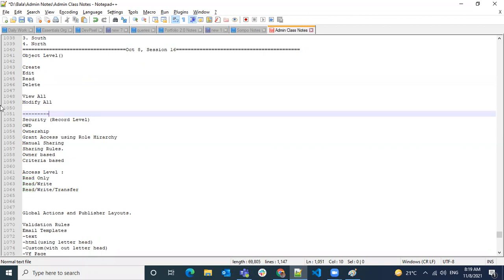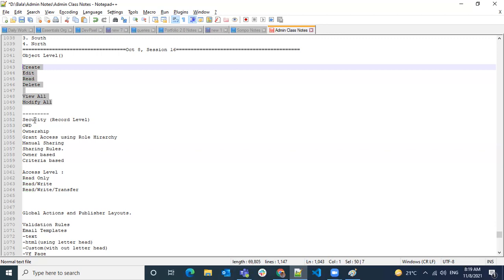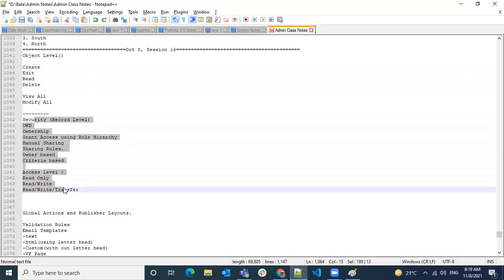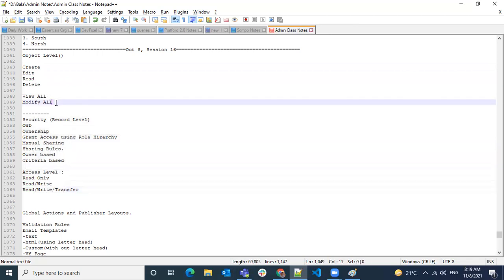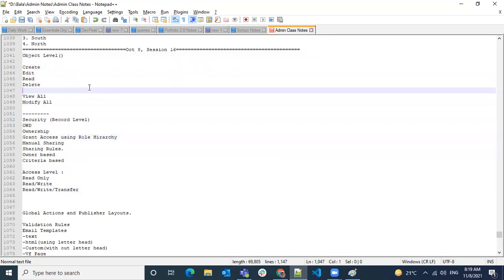If you don't have any of these checkboxes checked, then even if you have record access, it doesn't matter. You cannot see those records. Why? Because you don't have read, the minimum level permission, so you cannot access the records. So if you need to access any record, first of all, you need to have read permission.